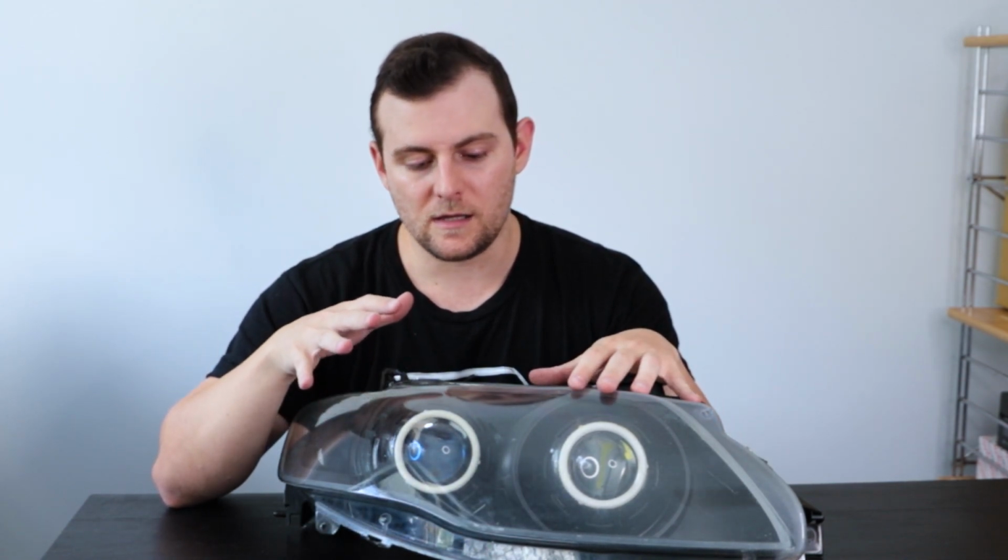There's obviously wiring for each halo here. If you've got demon eyes in the projectors, there's wiring for those. If you've got DRL strips somewhere, there's wiring for those. Every extra thing that goes in here is extra wiring to think about. And so that is a whole video on its own. I think I will record a whole video wiring up my car for the controllers and the converters and all that sort of stuff in the future, because for this one, we're just going to talk about the assemblies and what I've learned